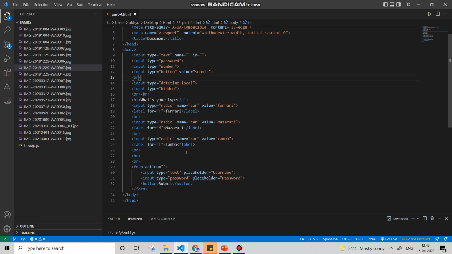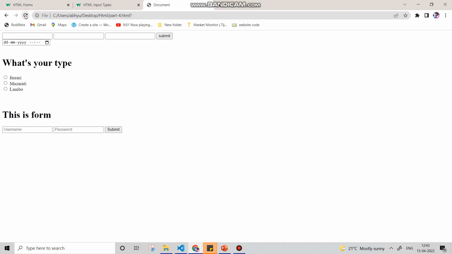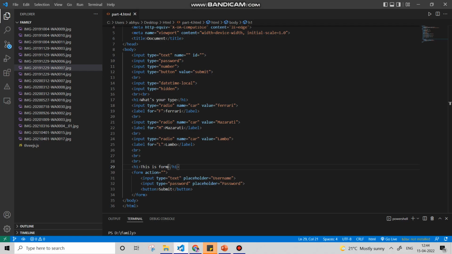So let me teach you. Here we'll put h1, like this is form. So we can see that this is form, this is your type, and this is something else. If I want to specify that this part is for this purpose, this part is for this purpose, for our own benefit, if we want to divide the content, then we use the div tag. So I will put down the div tag here,